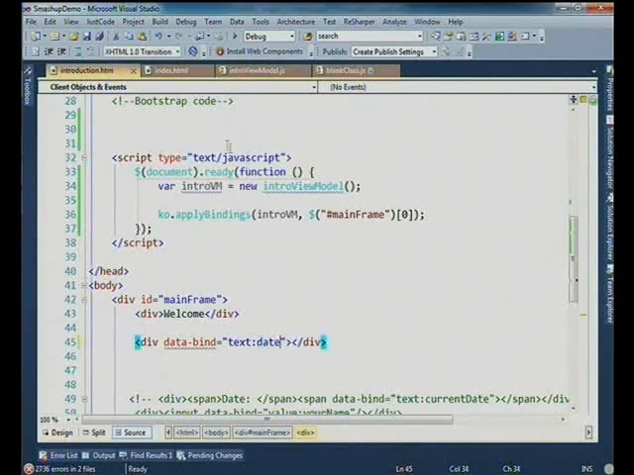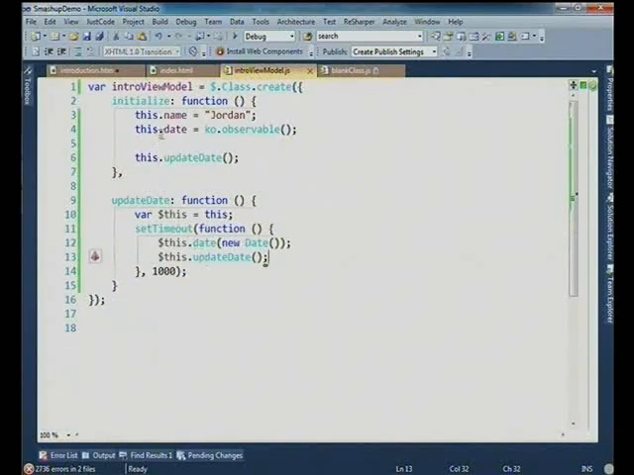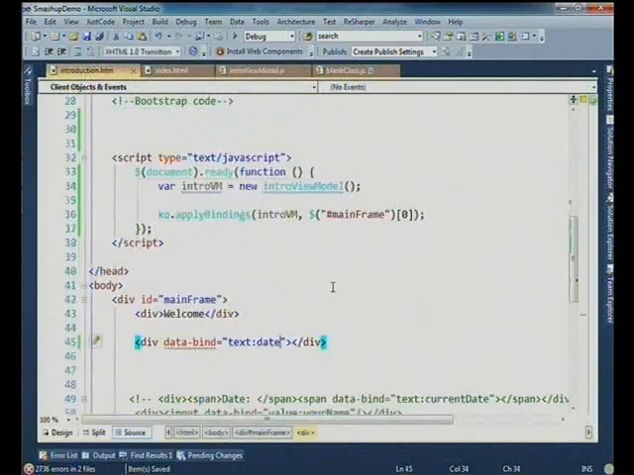And then I'll go in here and I'll change this text from name to date. I think that's what I called it. Yep, date. Okay, so basically now,